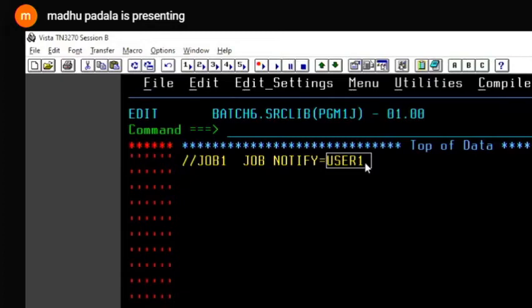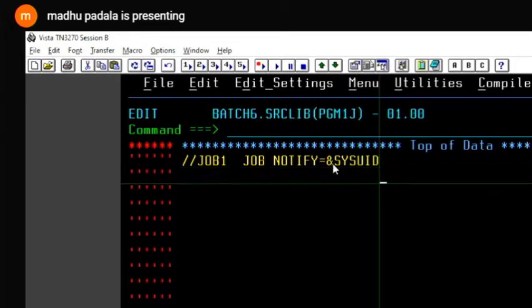If someone copies your JCL and submits it, they expect a notification, but you will be getting it, which is annoying. That's the reason we have to give a single ampersand SYSUID, the system user ID. Whoever submits this JCL will get the notification.